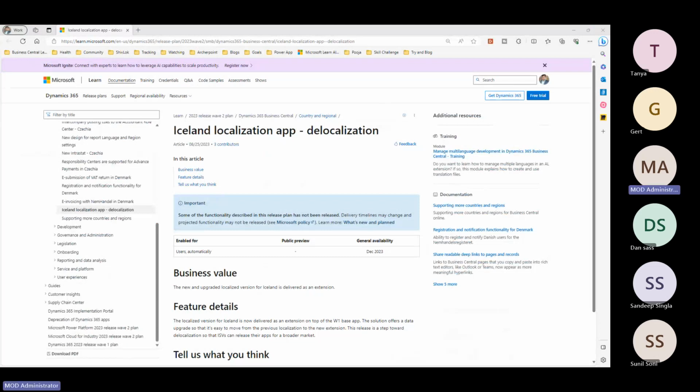So starting, I guess, December 2023, this year, the Iceland localization piece will also be removed from the base app, and they'll get into a model like India is right now, W1 and then IN localization. Last year they did it for Swedish localization. This year it's Iceland. Hopefully in the next release there are more and more countries going that route,